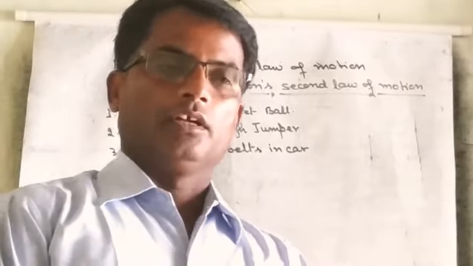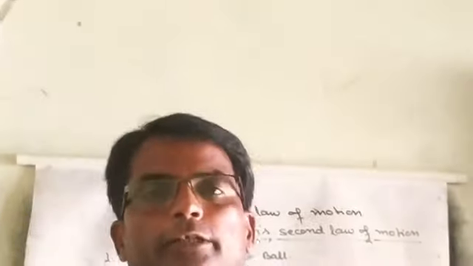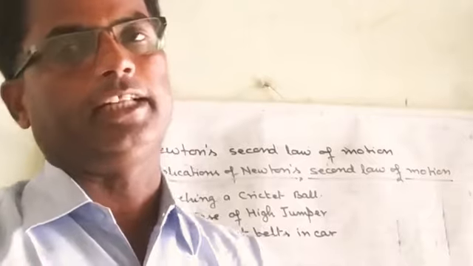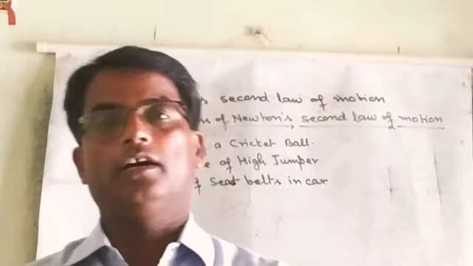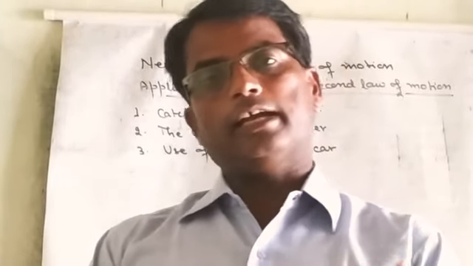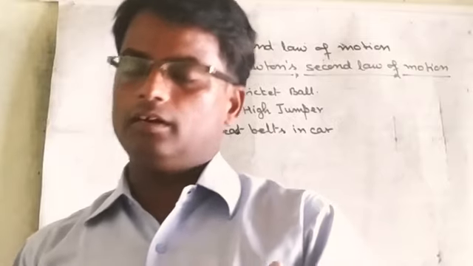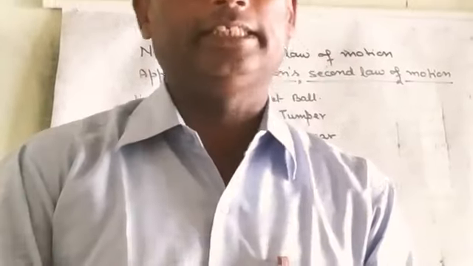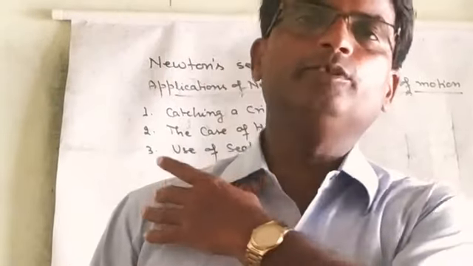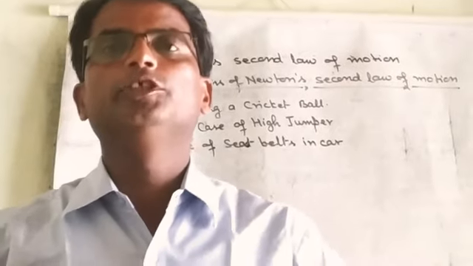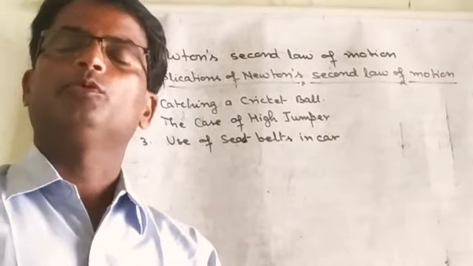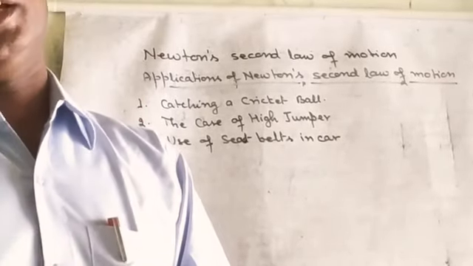You see, seat belts are given in a car. If a person is not using the seat belt, then what happens? At the time of an accident, your body and the car both have very high momentum, and if we are not using the seat belt, then we move in the forward direction. When we move forward, there is a possibility of more injury or a crucial fall.